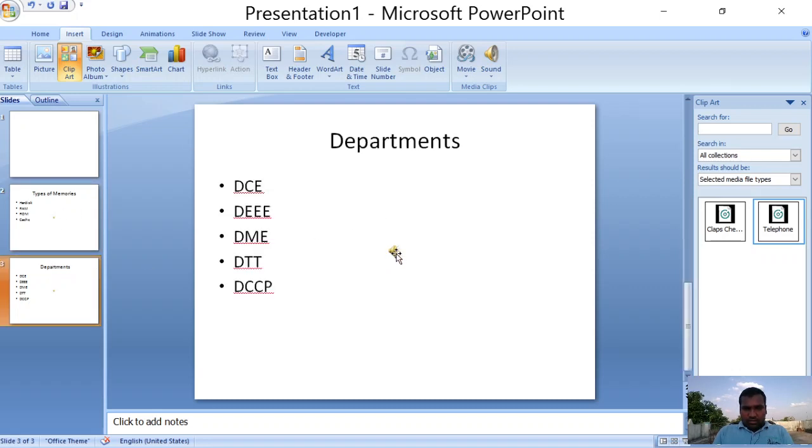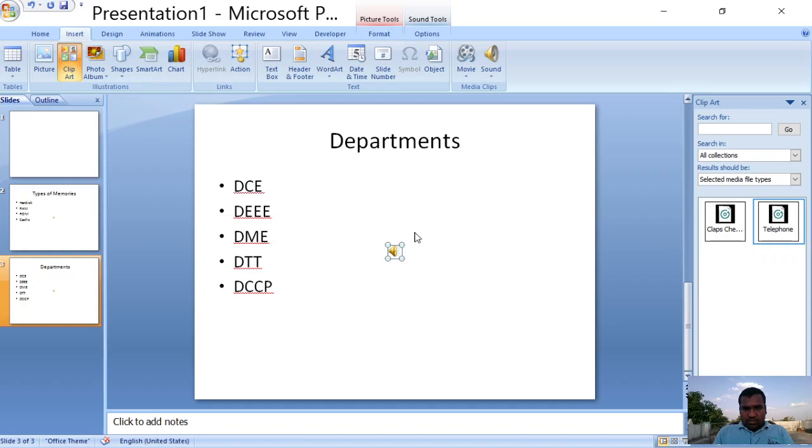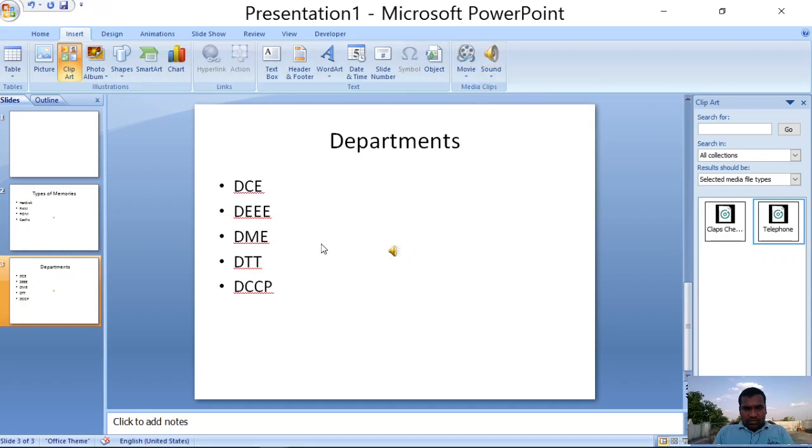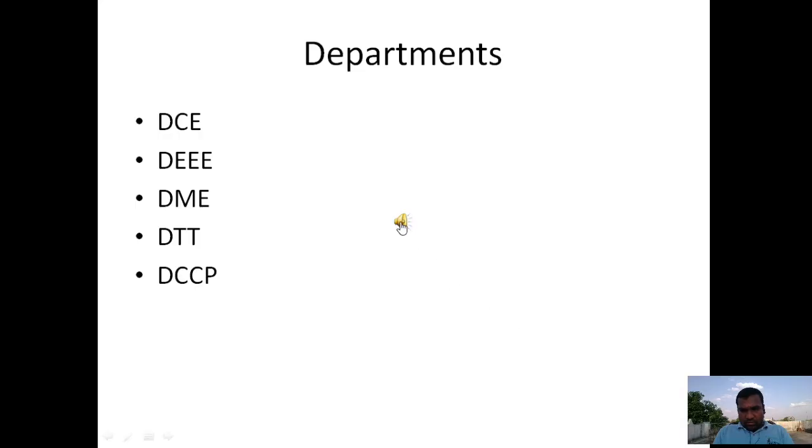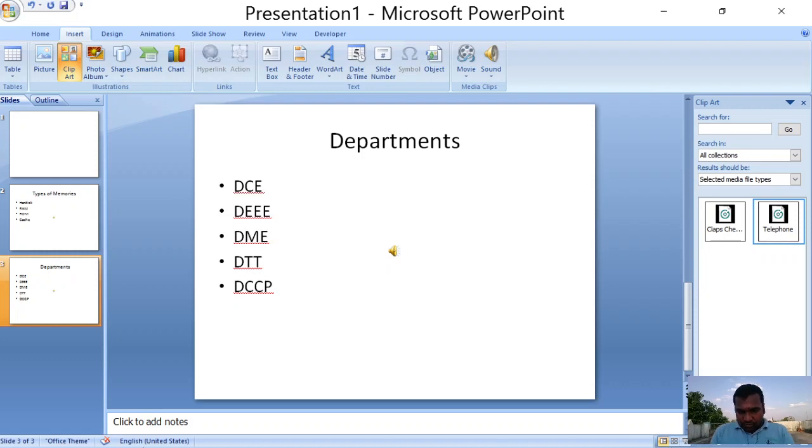So when I perform the click operation with the help of the mouse, it's going to play this sound.